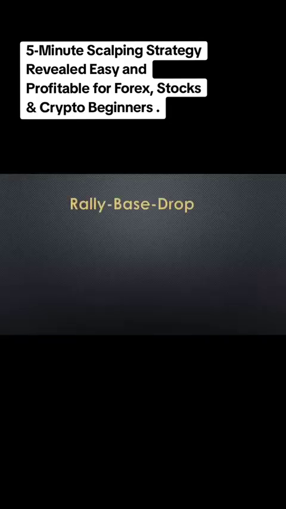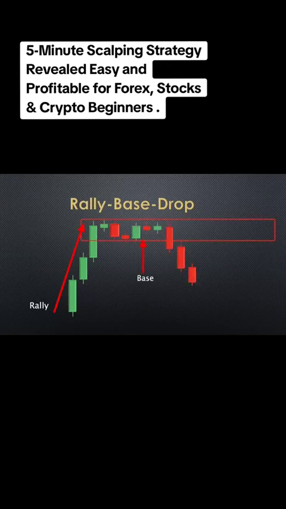Now let's switch to the rally-based drop, a classic bearish reversal pattern. The market rallies upward, hits a base where institutions start selling, and then drops sharply. This base forms the supply zone, where smart money leaves its footprints, creating a high probability area for future price action. When the price revisits this zone, institutions already have their limit orders waiting, and the market often sweeps liquidity